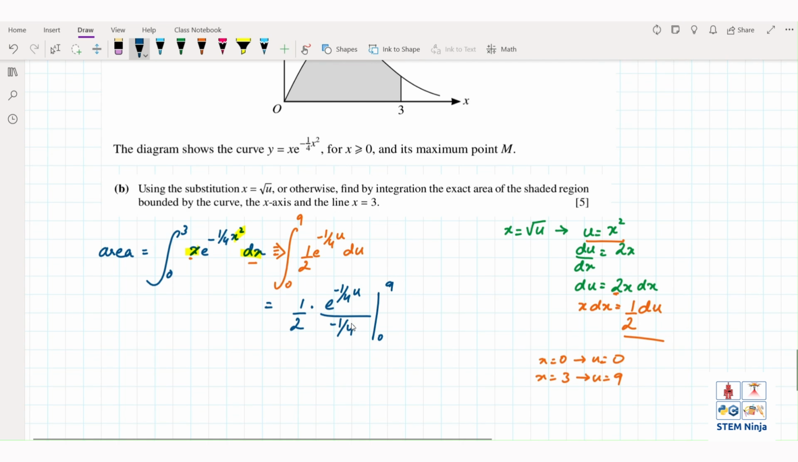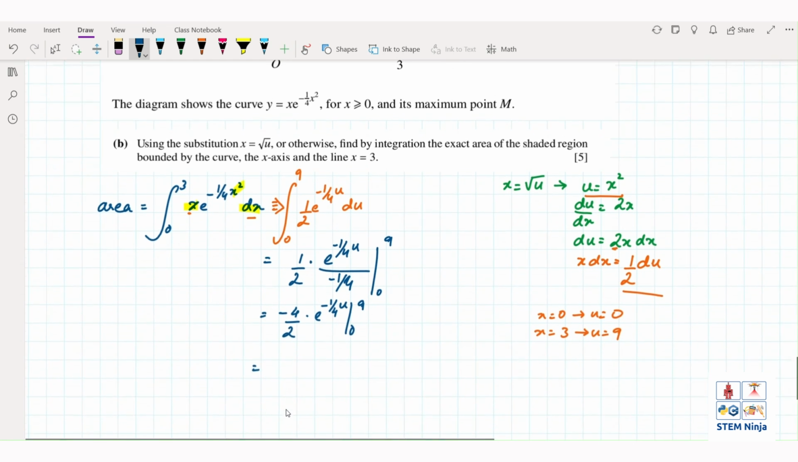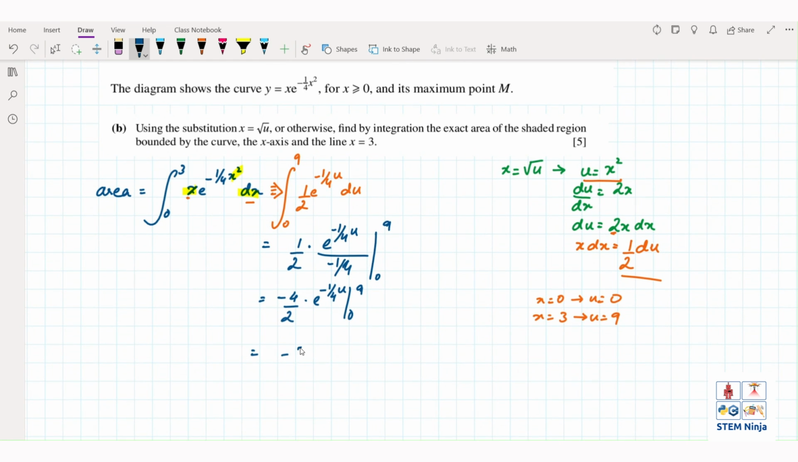Now, although this 4 and this u look similar, let's resolve that. So this is 1 over 2 and this is minus 1 over 4 in the denominator, so 4 goes in the numerator, so 4 divided by 2, e raised to power minus 1 over 4 u from 0 to 9. Now we plug in the limits. So minus 4 over 2 is just minus 2, e raised to power minus 9 over 4